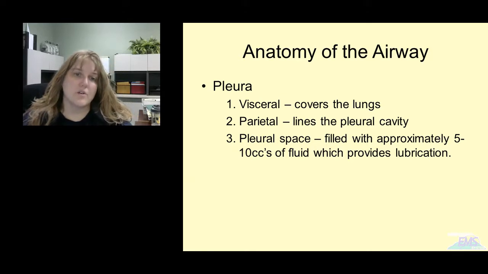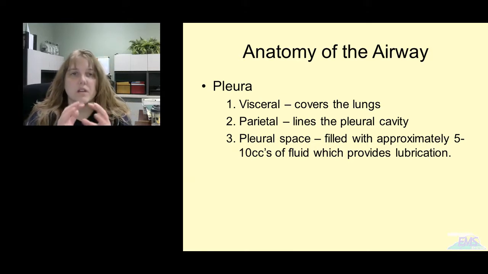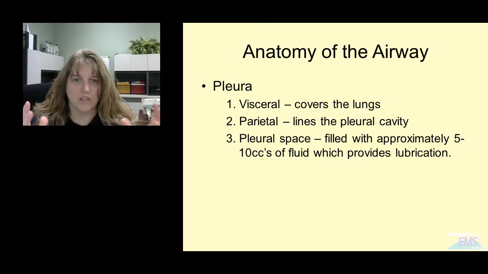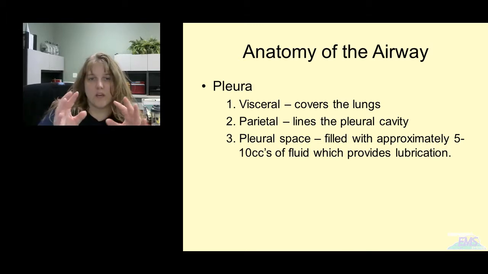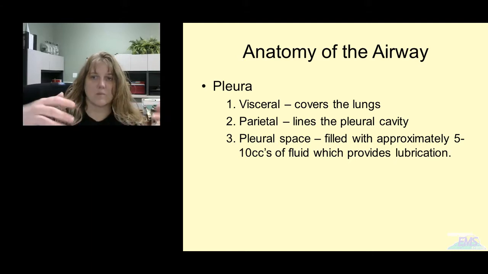So with the pleura, you have the visceral and the parietal pleura. The viscera is the one that covers the lungs. It comes in contact with the lungs, or the lung tissue itself, and then you have the parietal pleura that actually touches the cavity, the space in which the organ sits. So you have the visceral and parietal pleura, and in between those you have that thin film, and that film in that pleural space is what allows the lungs to kind of move around. It lubricates the lungs and allows that expansion and